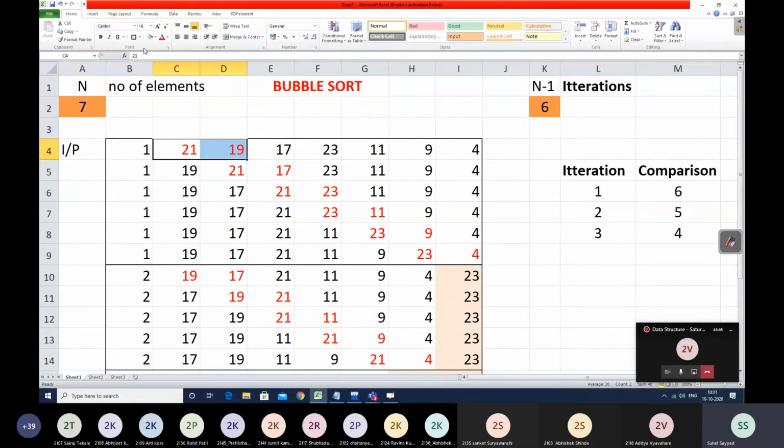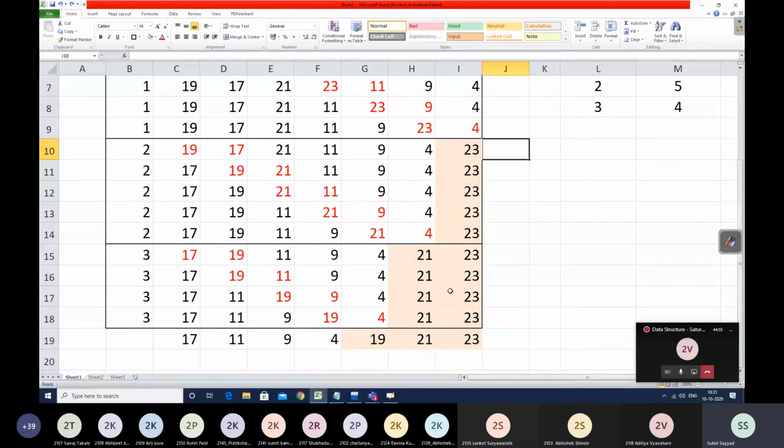But when you solve in your notebooks, you can create an underline between 17 and 19 at the start of the third iteration, then an underline between 19 and the next number, so that you know which two numbers are being compared. Why you should solve this numerical properly and fully is that unless you do it, you will not be able to design the logic for this. At the end, we have to write code for this. So for that, first we should be able to simulate these iterations. That should go in our mind, so we solve one or two examples before we actually write the code.